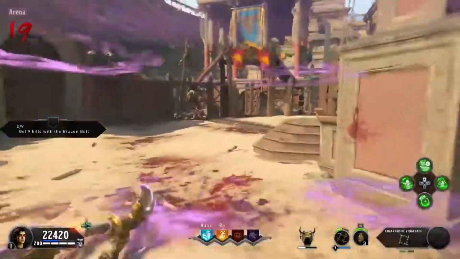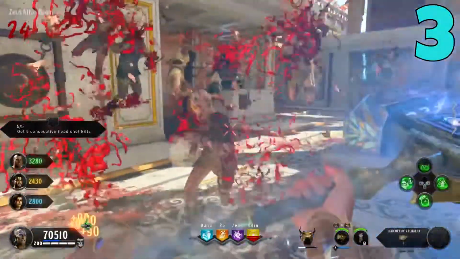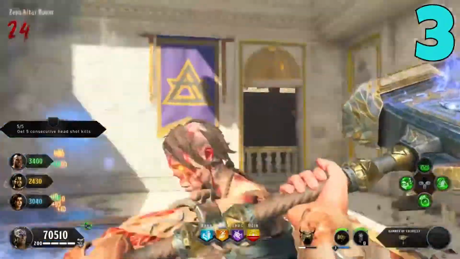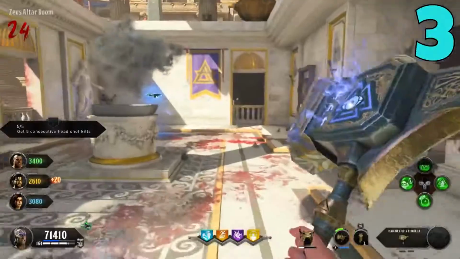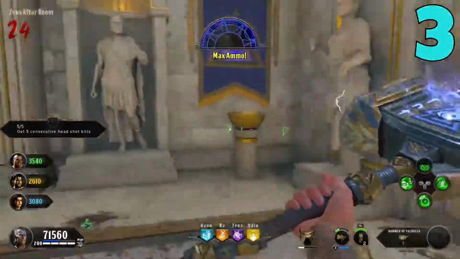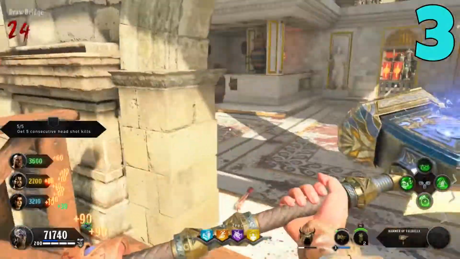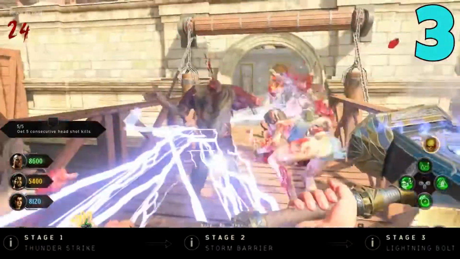Coming in at the number 3 spot, we have the Hammer. And did anybody else kind of write off the Hammer? When I first played BO4 and I looked at all of the Chaos special weapons, I was like, yeah, I will never use this thing, but damn, I was wrong, because the Hammer is the best special weapon in the Chaos story. So with stage 1, all you gotta do is go around and pretty much just hit zombies, and